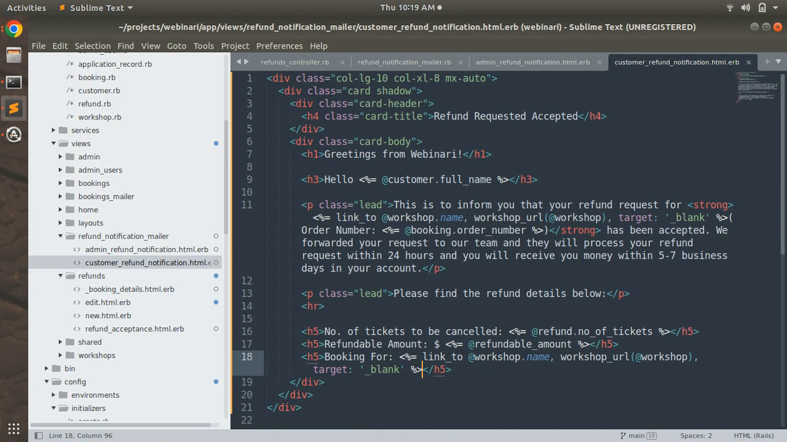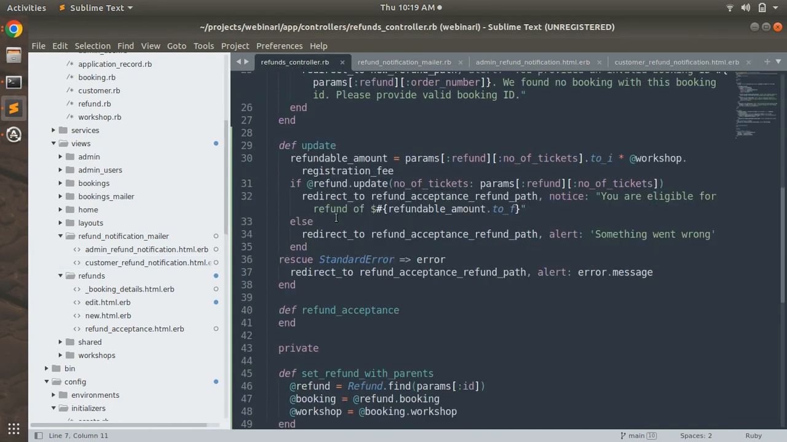Okay, so we will call this mailer from the update action, when the refundable amount has been calculated, and then we will send the email to the customer to notify them. But for now I'm not going to submit the number of tickets to send this email after calculating the refundable amount, because we will do this once the admin refund notification is also implemented. Okay, so for